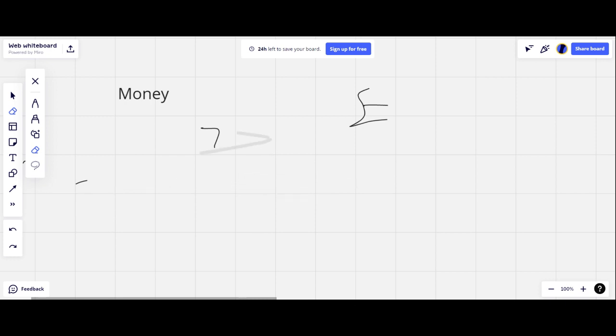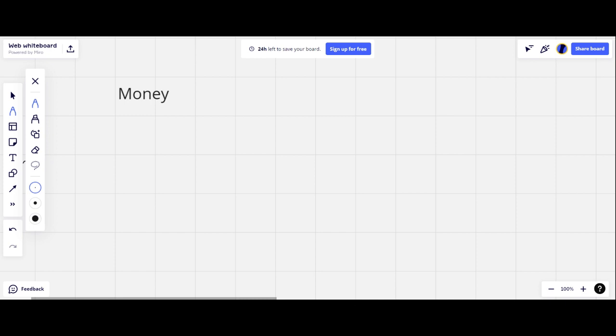Now, subtraction is basically the same. You have to convert. Multiplication, you have to convert. Division, you have to convert. So it's basically about the conversions you do. Now let's go into more money-specific